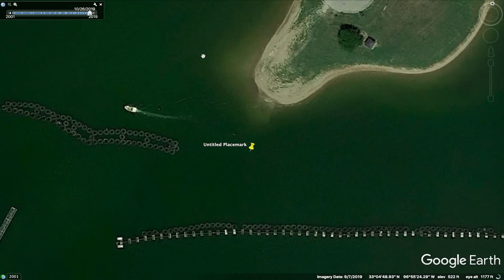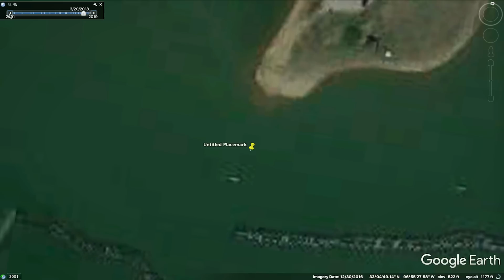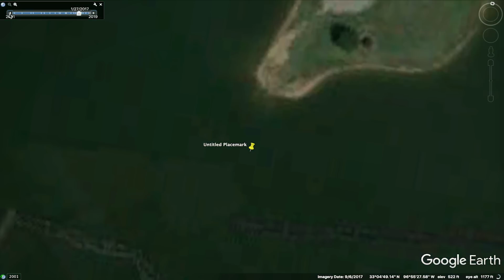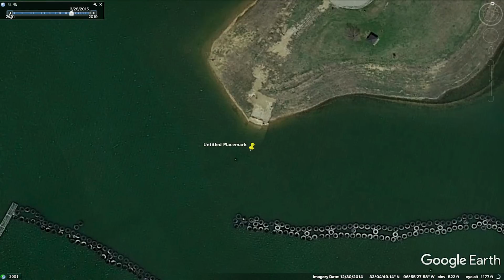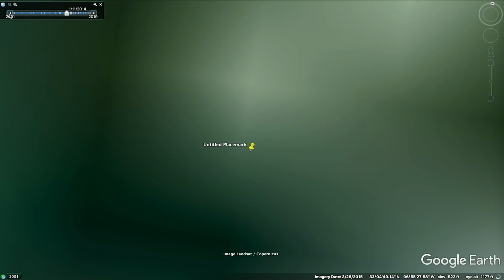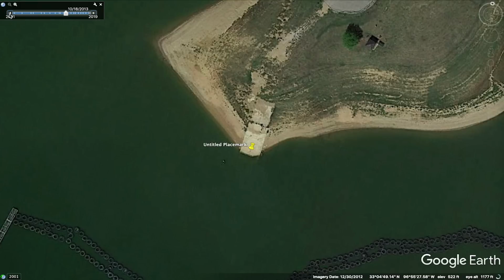So the lake's pretty full right here in this picture in October, but if I go back in time, it's really full right there. Still full, still full, still way full. So there, you can see this old sunken boat ramp right there on this point. That's a 2013 photo. That boat ramp's not being used anymore, but it's right there, just kind of cool. Okay, let's move on up to